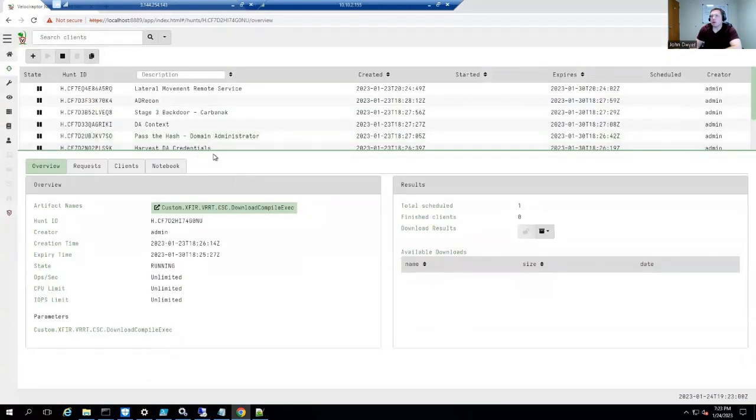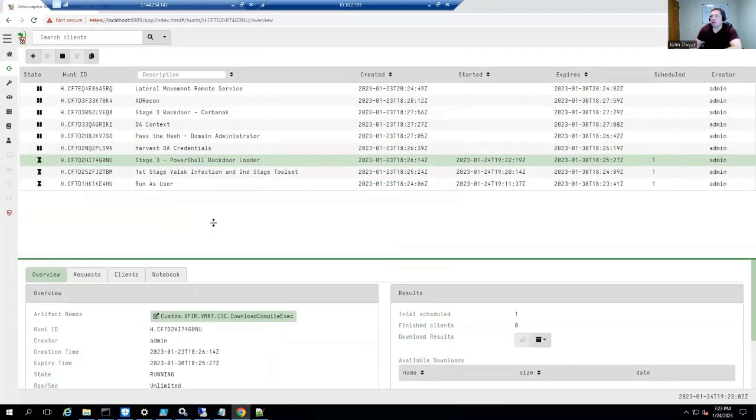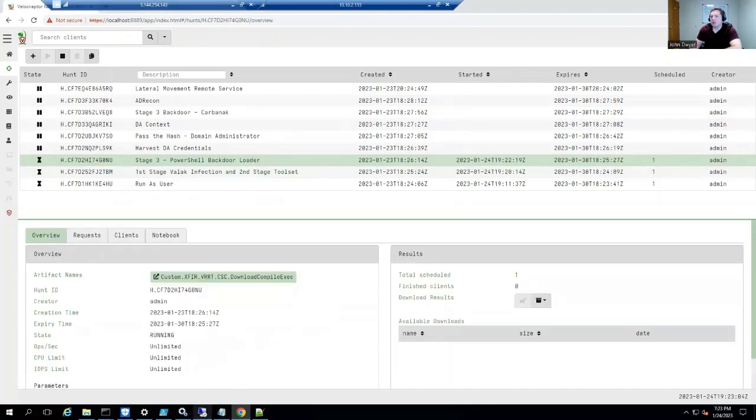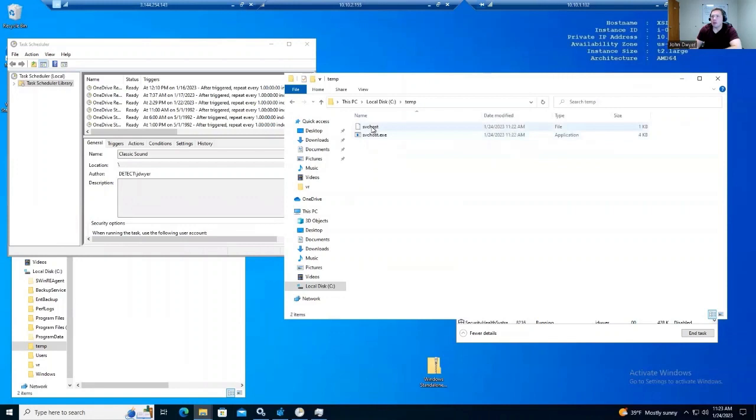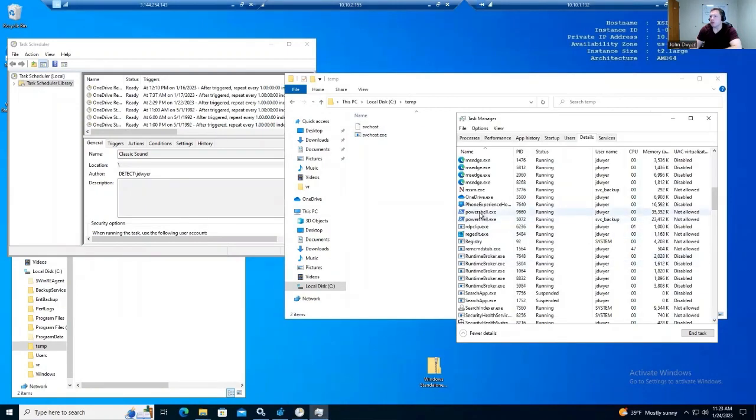So we have our PowerShell-based backdoor. We should be able to see something now where it downloaded. So here it downloaded our CS file and compiled it as servicehost.exe. Through there, it loads a PowerShell-based backdoor, and we can see here's our backdoor running in PowerShell. And that was all carried out automatically through Velociraptor, actually doing the malicious activity on the endpoint and